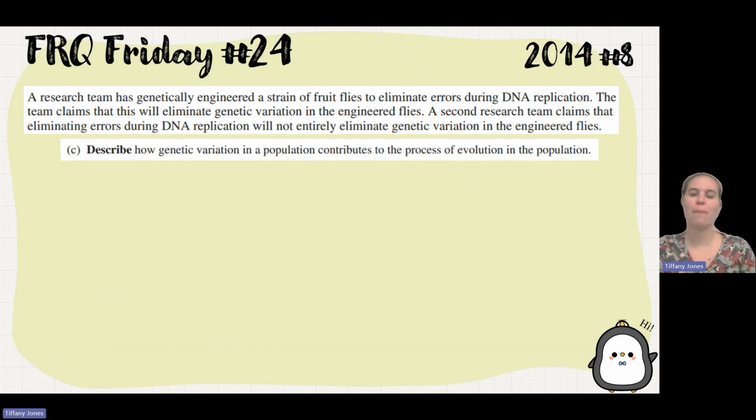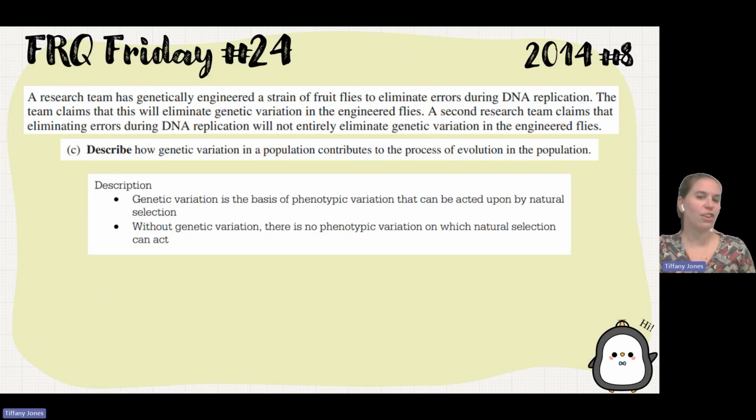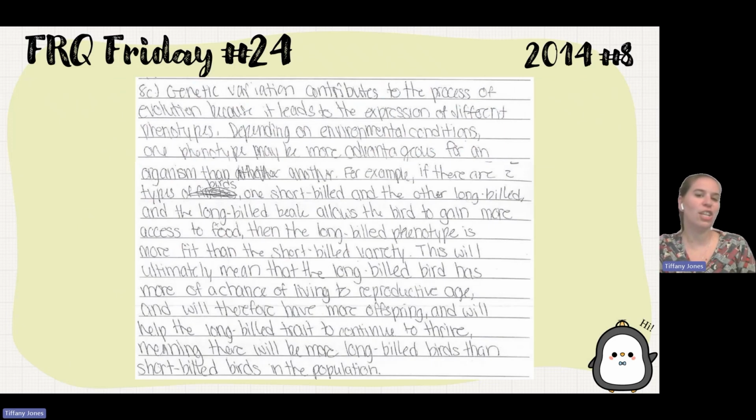Part C is to describe how the variation contributes to the process of evolution. Well, evolution is just looking at how those changes then allow for an individual to be more favorable or less favorable. So genetic variation is based on phenotype variation, and that can be acted upon by natural selection. If there is no change in the variation, then there would be no phenotypic variation, which then natural selection cannot act on. So a student says genetic variation contributes to the process of evolution because it leads to the expression